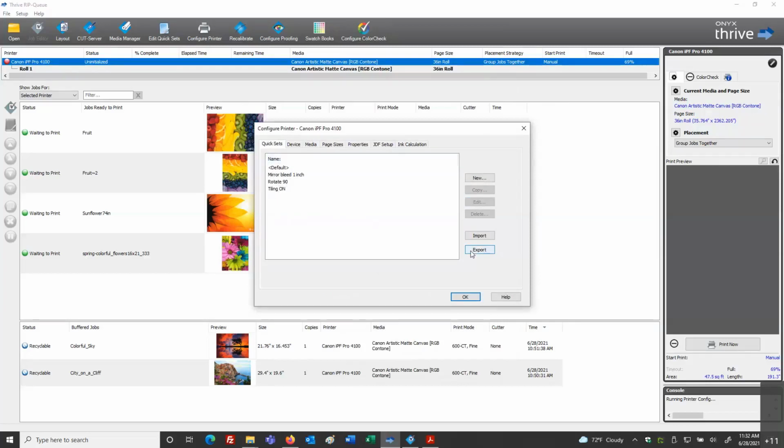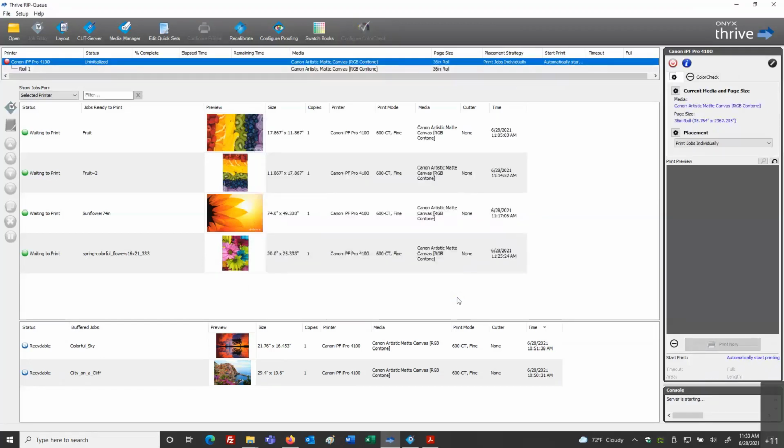So we can always export these out and save these as exported QuickSet information. It's backing up your QuickSet data. So in time, if you needed to, you can migrate to a new computer, install your RIP software, and import these quick sets. Okay, so now I've got default mirror image with my 1-inch mirror image bleed. I've got my rotate 90, and I've got my tiling. So I've got a couple of different quick sets created here.